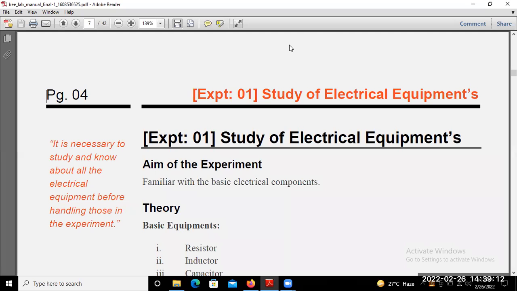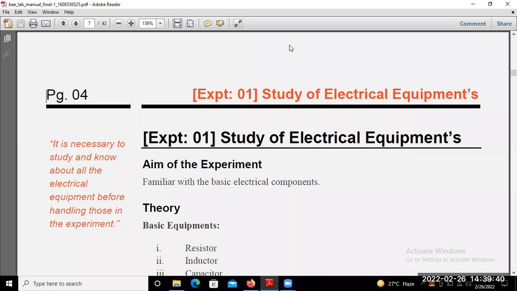So I think you may be familiar with the basics, and this is all about the electrical equipment. Any particular experiment can consist of some of the equipment you have explained or highlighted here. So that equipment we just try to see. Have you seen all these things